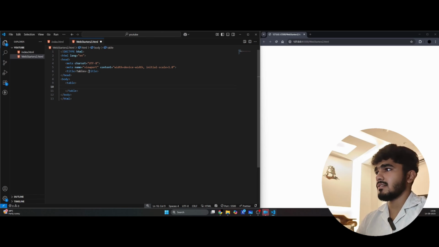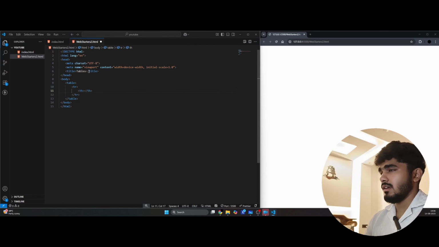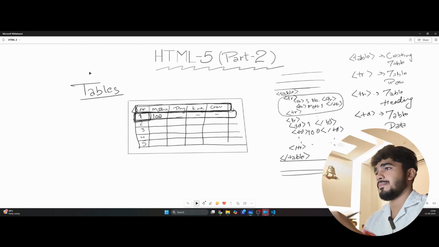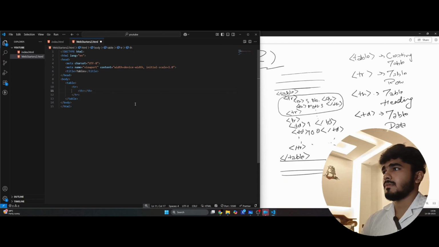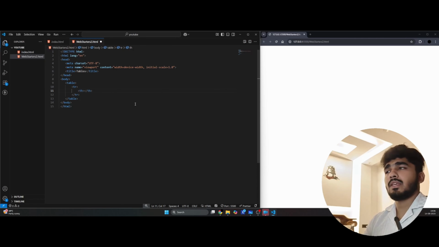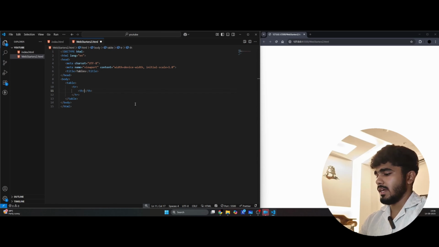The table tags, closing tags obviously, then the table row tag. Inside the table row tag, we are going to make table headers. Like it is giving us this part, we are going to make this row first. So here we can see table heading. Inside table header, we can add firstly